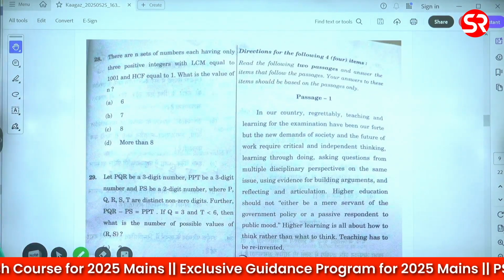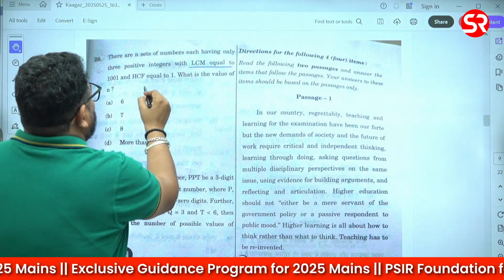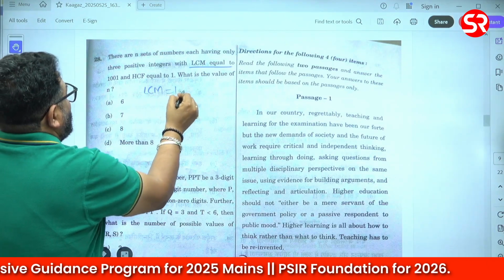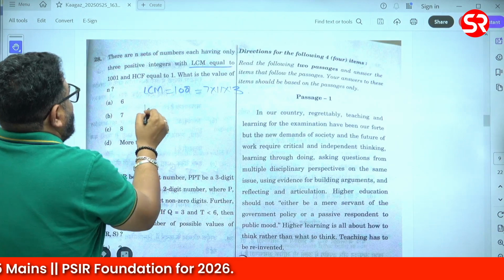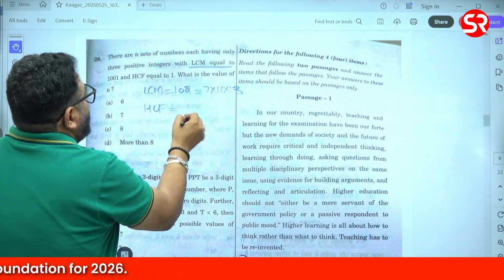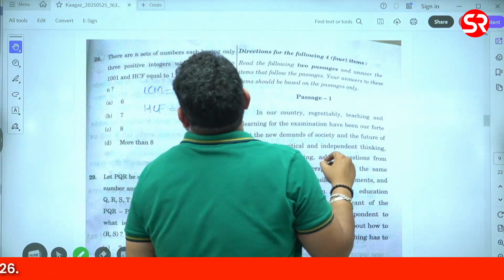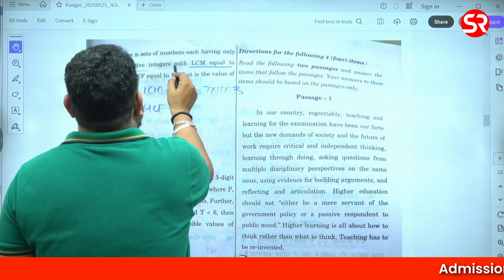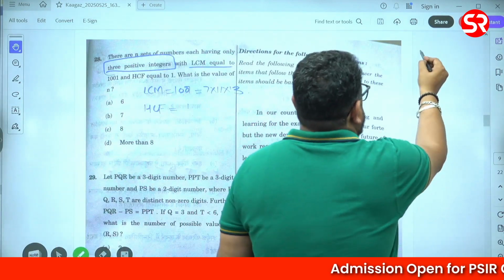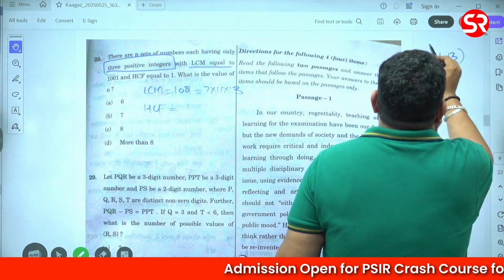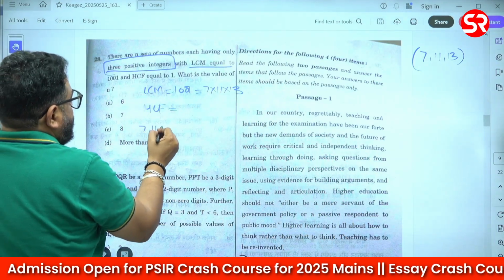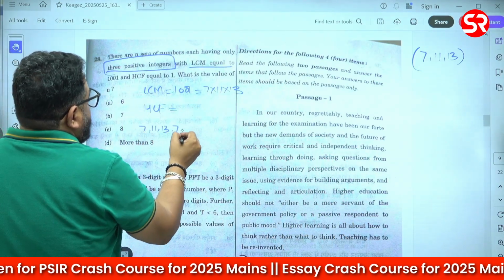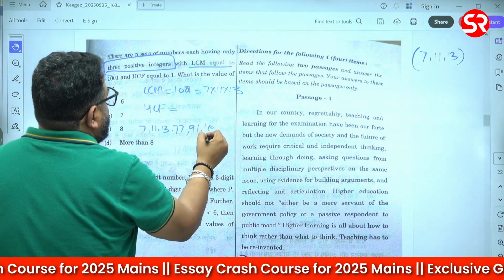Again, LCM is 1001, which is 7 into 11 into 13, and HCF is 1. How many such sets are there having only three positive integers? एक तो यही हो गया 7, 11 and 13. Now you keep on इसके मल्टीपल्स देखो यार, 7, 11, 13, राइट, 77, 91, 140 एंड 1,